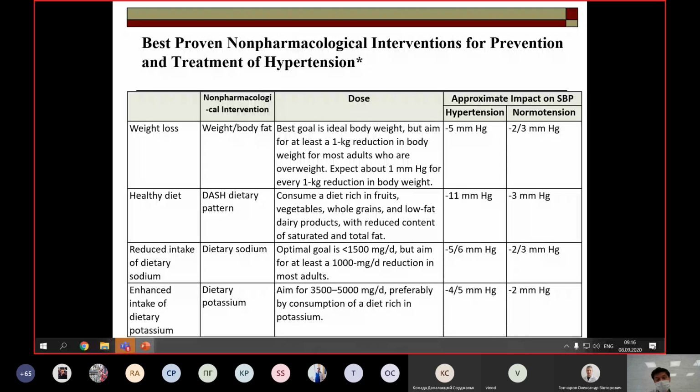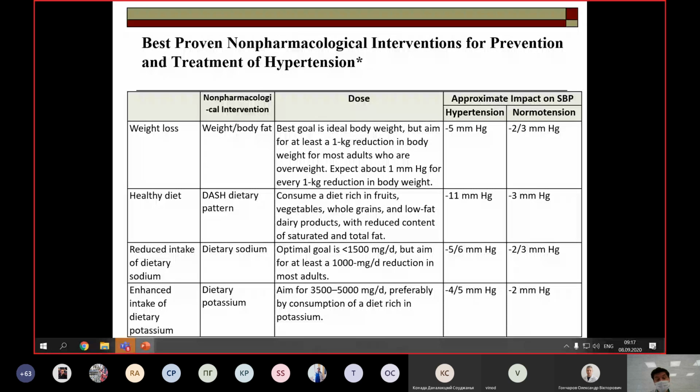On the slide, we have some crystal clear recommendations regarding this clinical protocol, and you can see that weight loss and a healthy diet, including dietary pattern, are associated with a decline of systolic BP of approximately less than